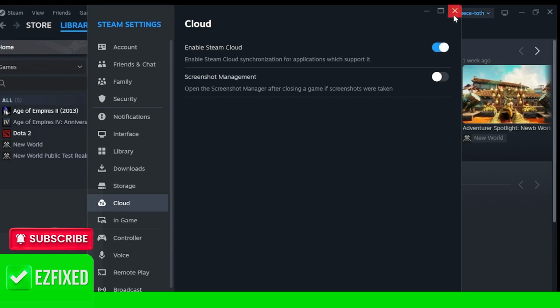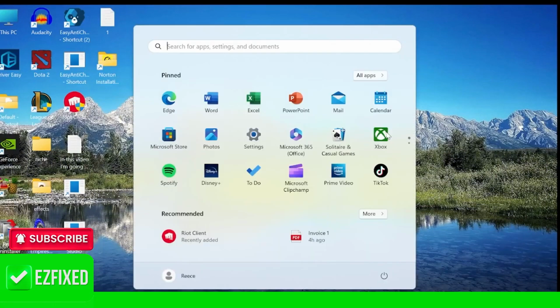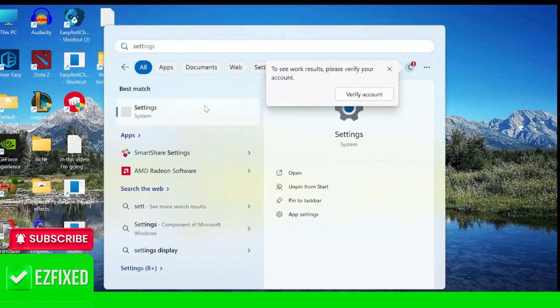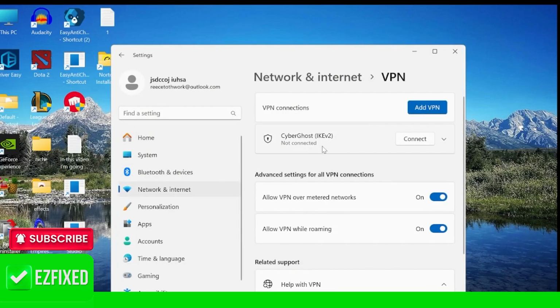Then if you've tried all of these steps and that's still not working, the last and final thing we can do is head to our Start menu and search for Settings. Come over to the Settings tab, inside of Network and Internet, inside of VPN, and you need to make sure your VPN is disconnected. As you can see here, it says not connected. If it is connected, you just press this disconnect button, and that should fix any problems you're having with the